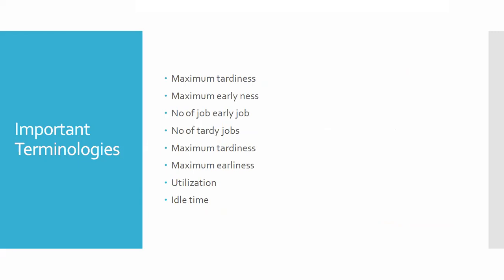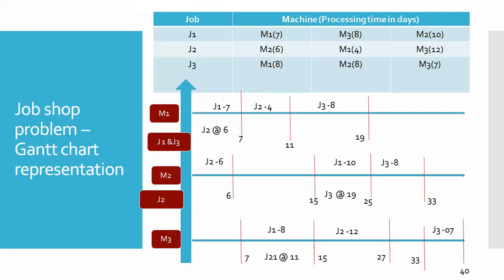Apart from maximum tardiness, maximum earliness, number of jobs, early jobs, number of tardy jobs, there are utilization and idle time. These are also important terminology. Now,